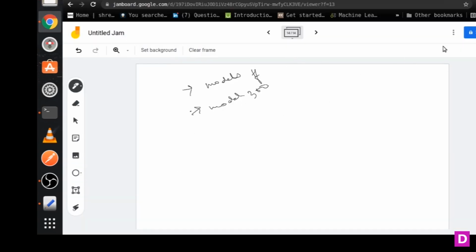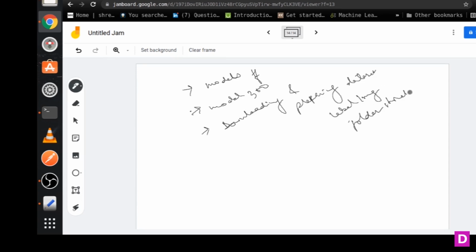So you have the models that you downloaded from model zoo. The next thing you will be doing is downloading and preparing the data set. In preparing, a lot of steps come, right? So what are the steps when you are preparing the data set? You have labelImg for labeling, then you have the folder structure, then you have the 80-20 distribution. After all of this is done, the next thing you will be doing is creating an environment,